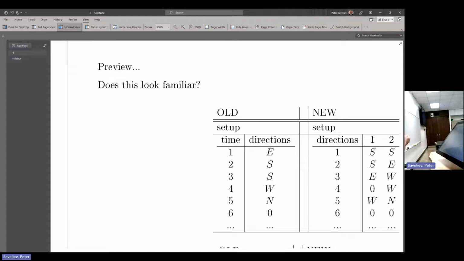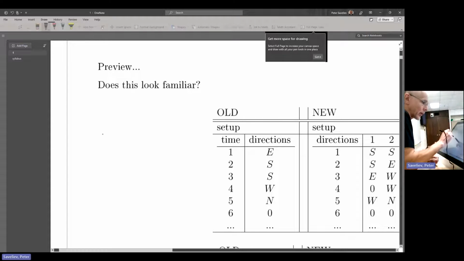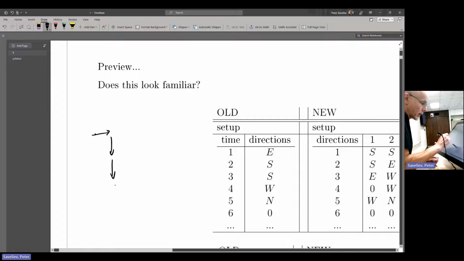Okay. Naturally, in calculus 1, there's only one direction. That's why there's only one number to worry about. Basically, we're moving through a field, so I could execute it fairly easily. So I move east, then south, west, and then north, and then I don't move. Okay. So the analog of this is the